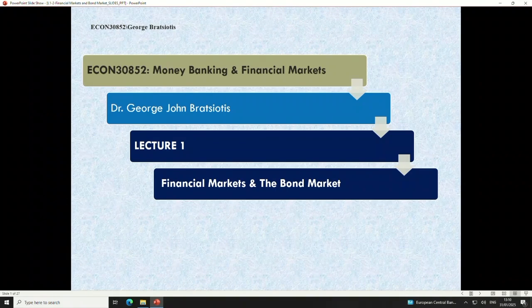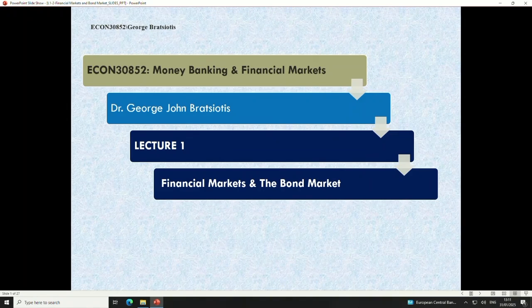Exercise classes, obviously you will have been allocated to classes, and they start from next week. Unfortunately they start from next week because some of the questions will not have been covered, but I start with very simple questions in the first tutorial. I will try to run all classes, to be fair, and I will try to mark all essays and exams as a first marker, just to be fair, because I think that's more fair.